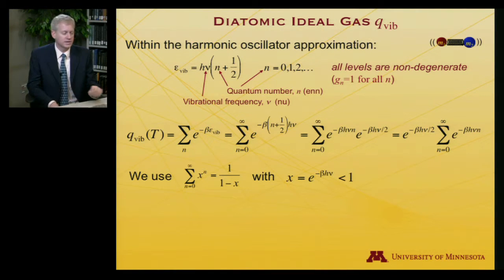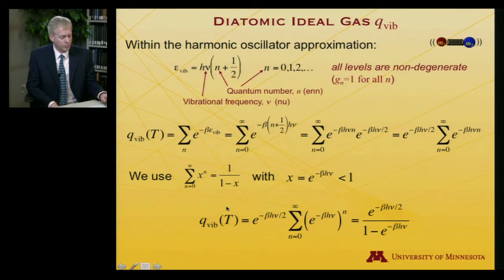And to recognize that solution, I'll recall for you that if you look at the sum from n equals 0 to infinity of x to the nth power, as long as x is less than 1, that is equal to 1 over 1 minus x. And so e to the minus a positive number times a positive number times a positive number will always be less than 1. And as a result, we can treat e to the minus beta h nu, that's the thing being raised to the nth power, right? Because if you take an exponential to the nth power, it's like taking the exponential of the argument multiplied times n. So it exactly fits this expression, and as a result,